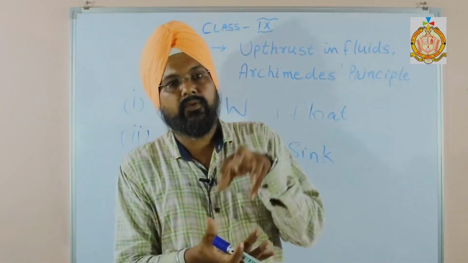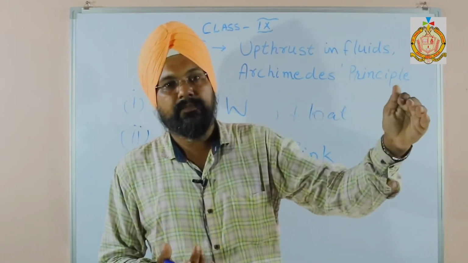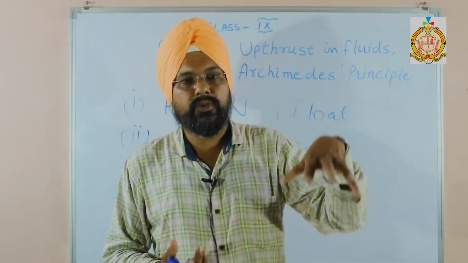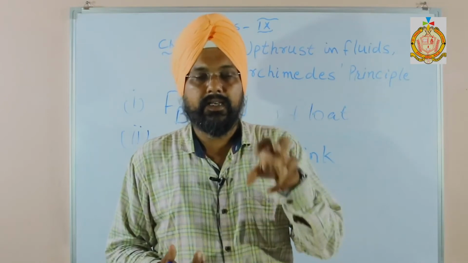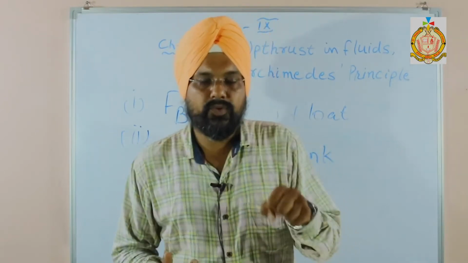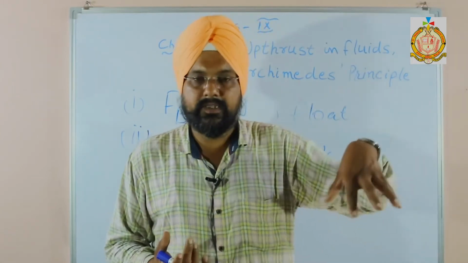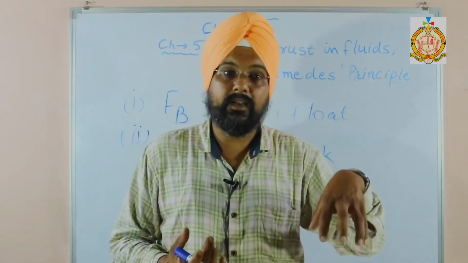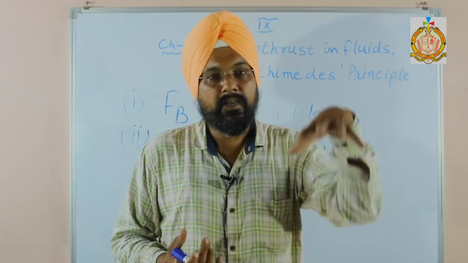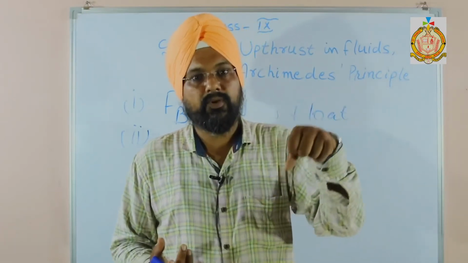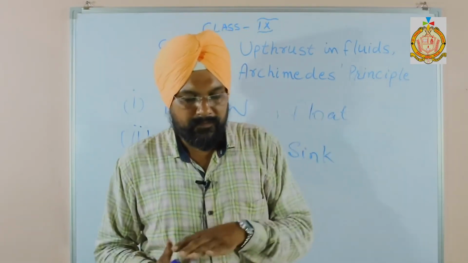If the density of the fluid is more, for example one is water, and instead of water you put mercury or any other liquid whose density is more, and you insert the same tin can inside, then it experiences more upthrust, because the more the density, the more the upthrust.